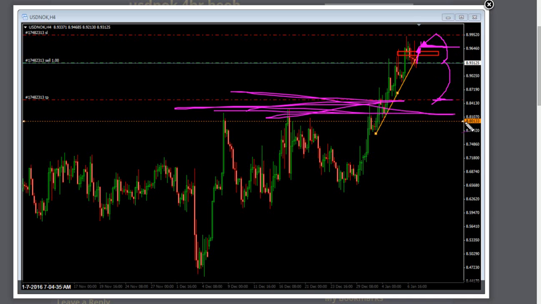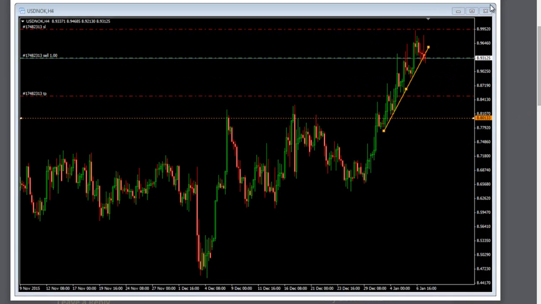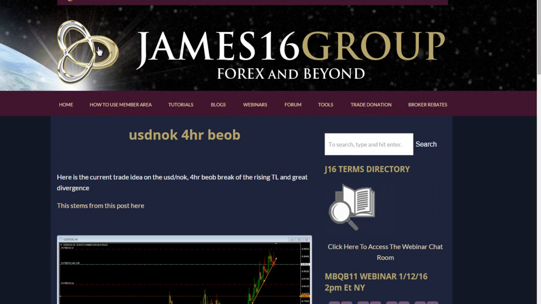Again, I don't view it like that. I don't view it as it's one or the other. It's not I lose or I win. It's modify my trade and my stop loss to protect myself so I can reduce my losses and take profit at the place that's logical based on the information that comes in. So again, this was the first alert that went out. And then I sent out an update pretty shortly after here.